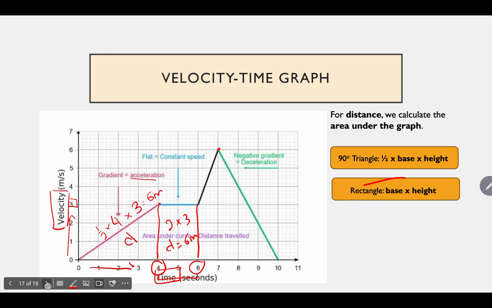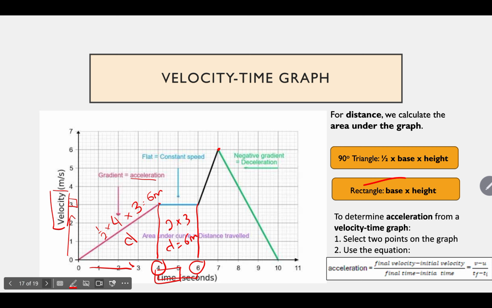Okay? What if I want to find acceleration? I will get the gradient, like we talked about before, the 2 points. Since acceleration is velocity over time, if I want to find the acceleration, for example, from 0 to 4 seconds,